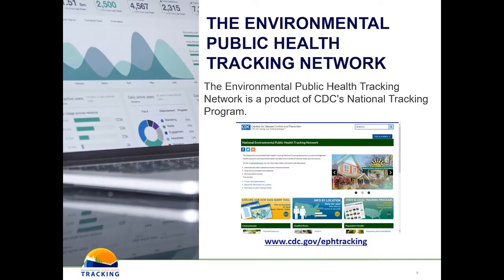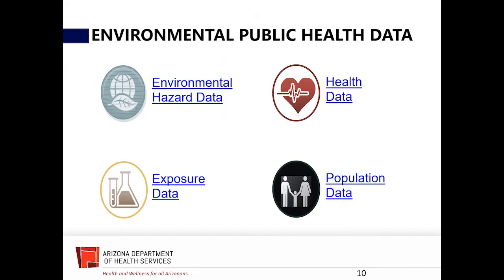The Environmental Public Health Tracking Network is an online system that has health exposure and hazard information and data from a variety of national, state, and city sources. The 4 types of environmental public health data available in the tracking network are environmental hazard, exposure, health, and population data. Each data set plays an important role in helping environmental health professionals understand the connections between environmental hazards and health outcomes. These data can help us address questions like